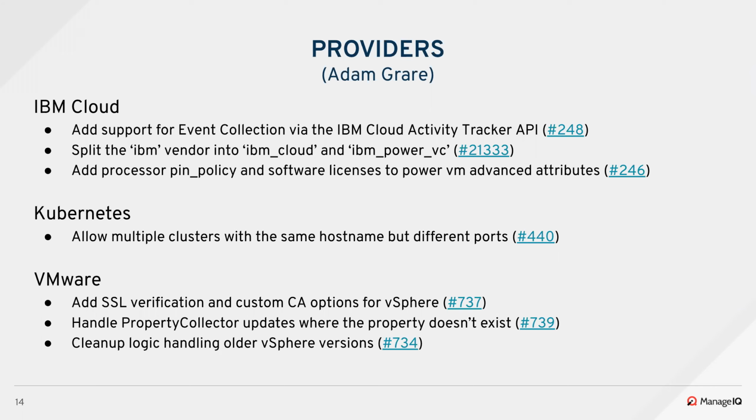These will be exposed in the future via a built-in report from this provider. On Kubernetes, we allowed multiple clusters to be added with the same host name but different ports. This is in response to certain hosted Kubernetes clusters that only differ in the port number, not in the host name. For VMware this sprint, we added the ability to do SSL verification and uploading your own custom CA for